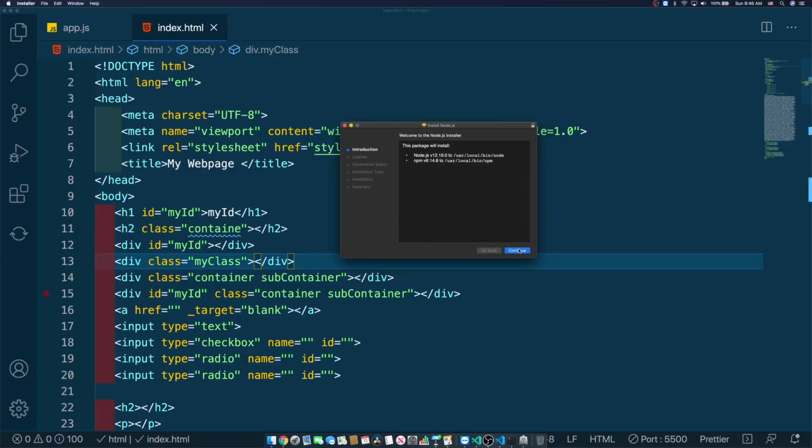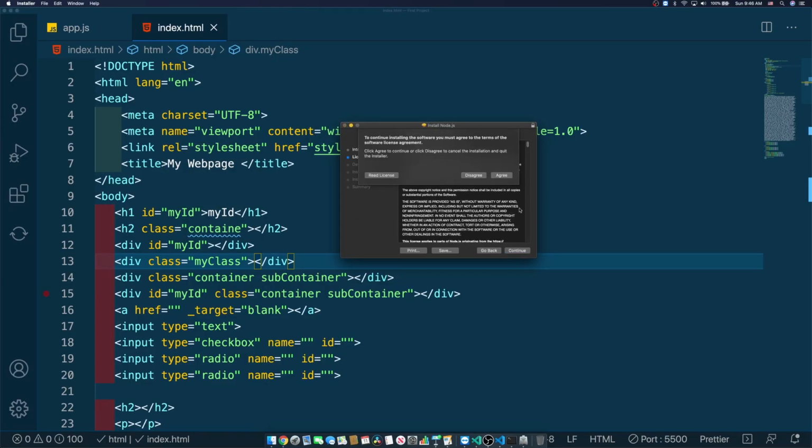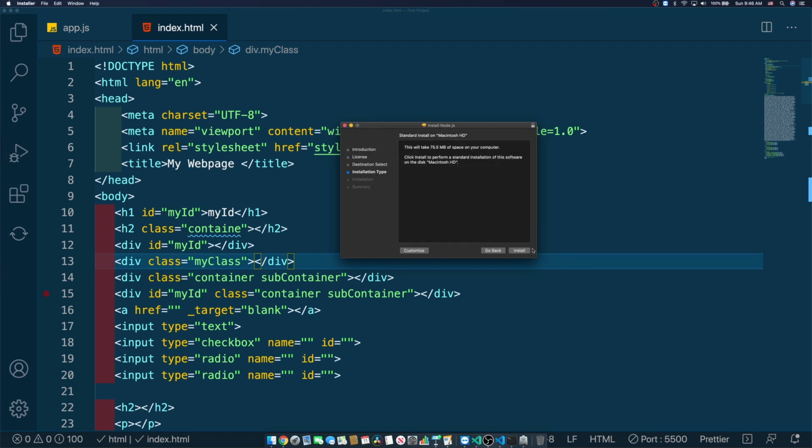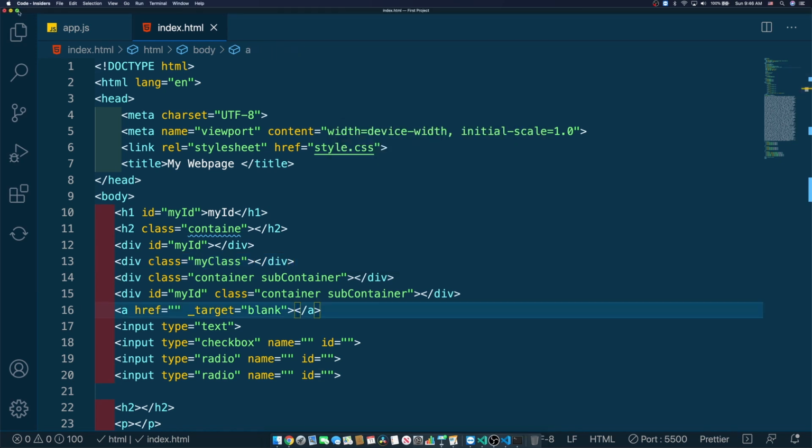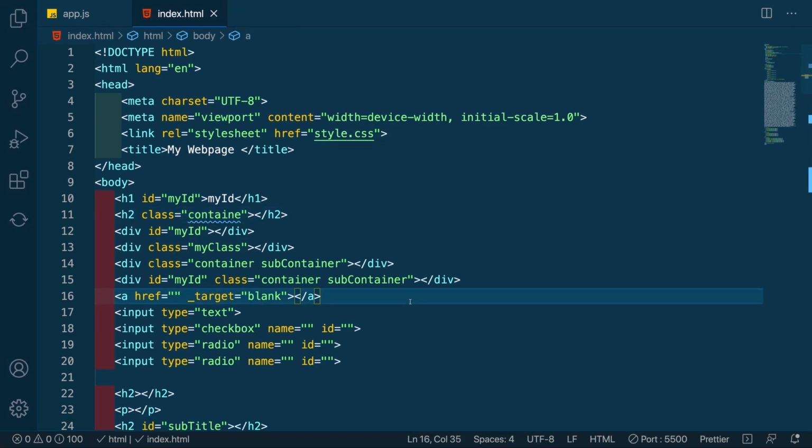Okay, so the installation is pretty straightforward as it is for the Windows version. The difference is that Mac uses a whole lot of authentications. So we got Node.js installed. Now let's try it. Where is Node.js? Well, it's in the terminal. So let's open up our terminal